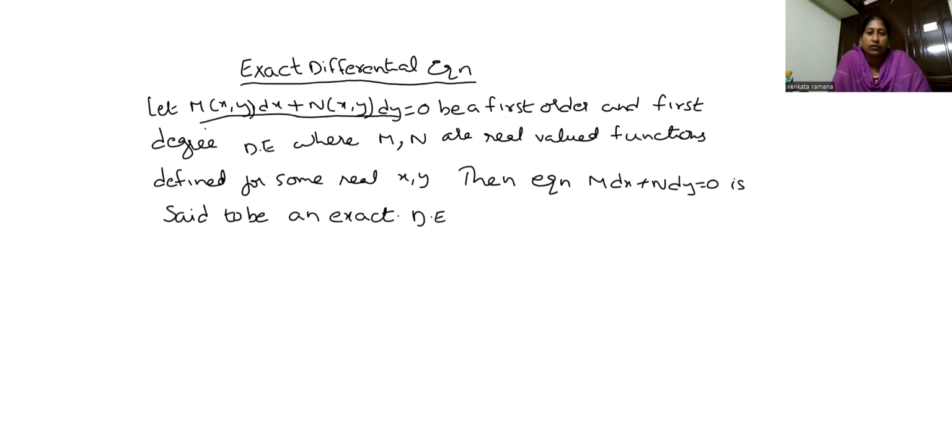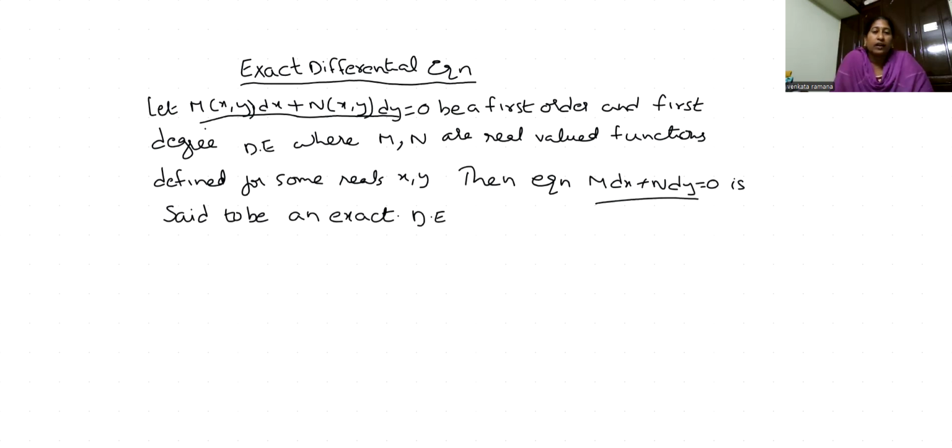It is said to be a first order and first degree differential equation, where M and N are real valued functions, that is, they have only real values. They are functions of x and y, defined for some real (x, y). Any equation of the form M dx plus N dy equal to 0